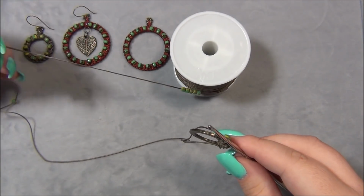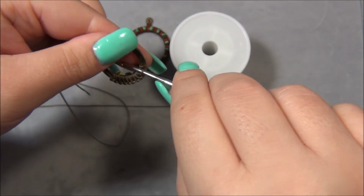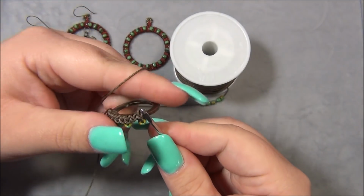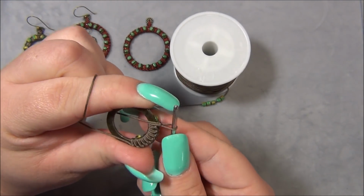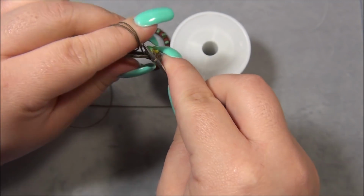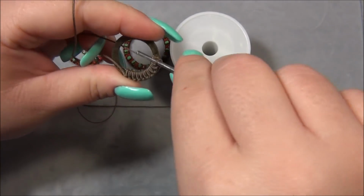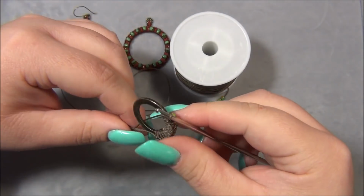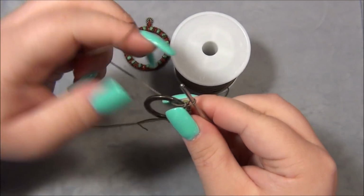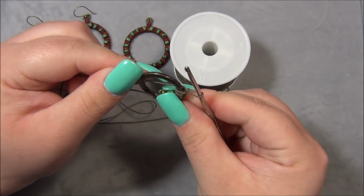So I'm going to slide up another bead. The bead has to be on this side, and then I'm going to grab the cord from the back side like that, pull it through the loop, twist it around, pull this tight like that. I'm going to go to the front, grab the cord, pull through the loop, go like this, tighten it up, grab the cord from the back side, through the loop, turn it around, pull it tight. It's loosening up on me, so I tighten it up again, grab the cord from the front, pull it through the loop, tighten it up again,